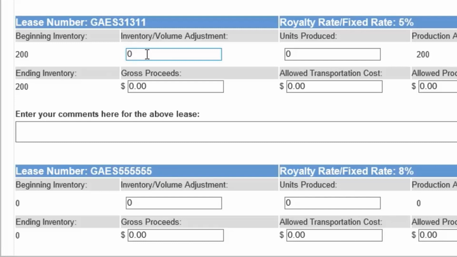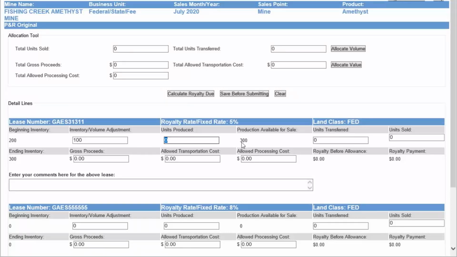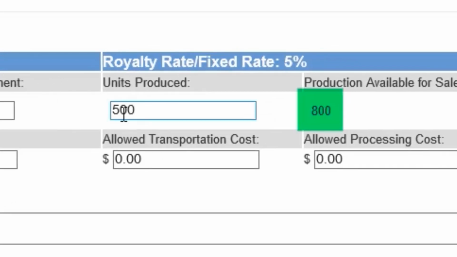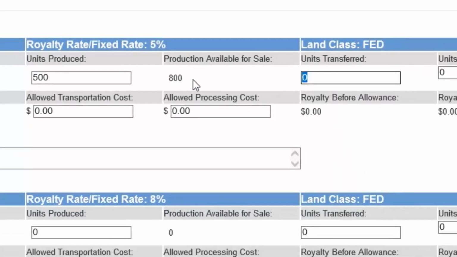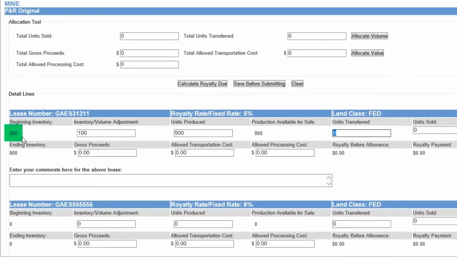Verify that your beginning inventory is correct. If you need to adjust your inventory for the current month, use the Inventory Volume Adjustment field. 100 was entered. This value may be positive or negative. Enter the units produced volume here. 500 was entered. Note the change in the volume reflected in the production available for sale field after you enter your units produced volume. The production available for sale volume is calculated by summing the beginning inventory, inventory volume adjustment,